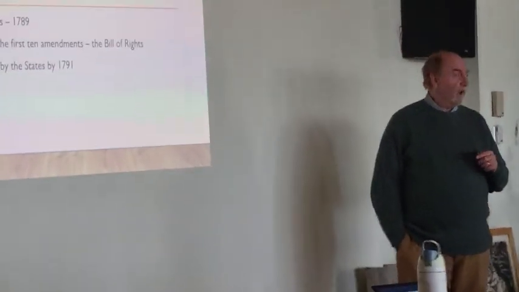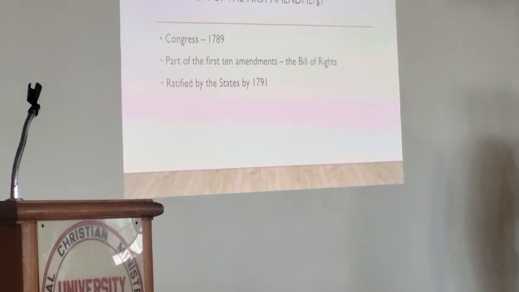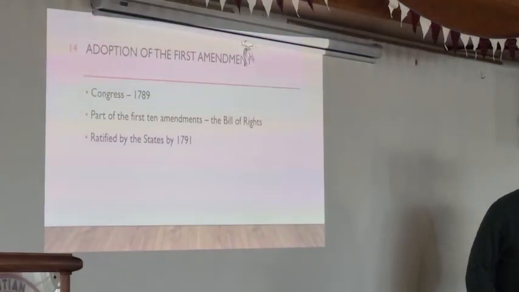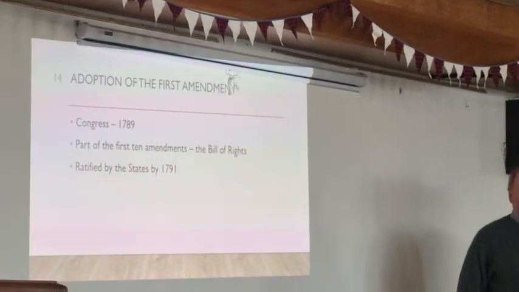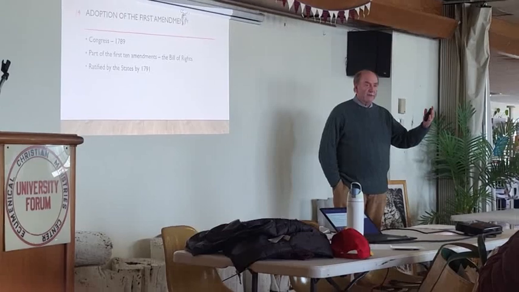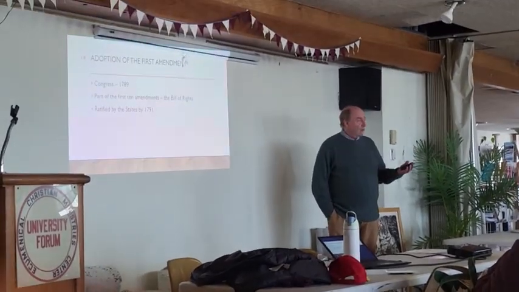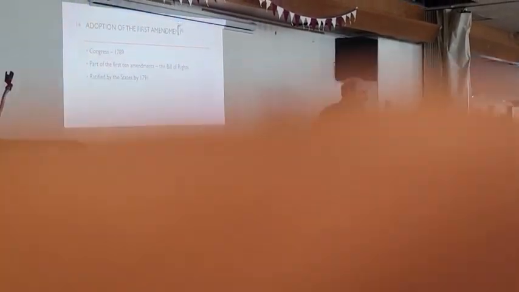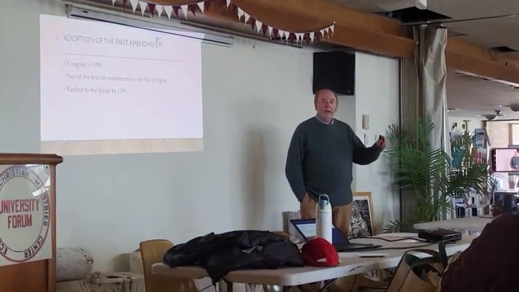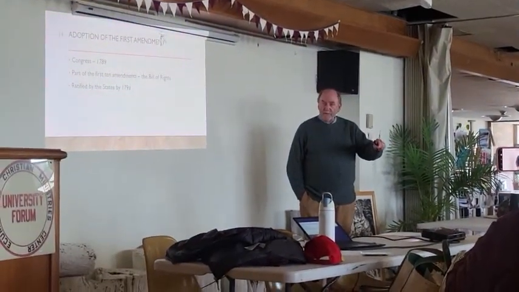Piece of legislation, and that's what the Bill of Rights was. It had to go through both houses of Congress. You had the House of Representatives deal with it. Usually they send it to committee, and that's what they did here. They designated a committee to review the proposed amendments. Committee approves them, tinkers with them, approves them, sends them to the House of Representatives in the form of a